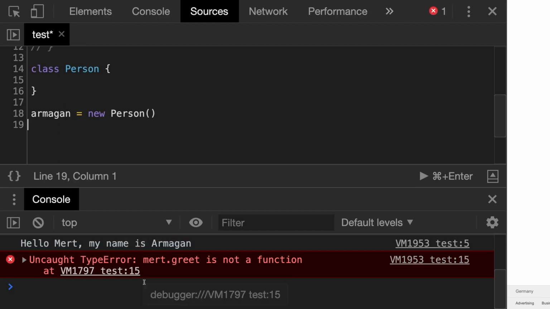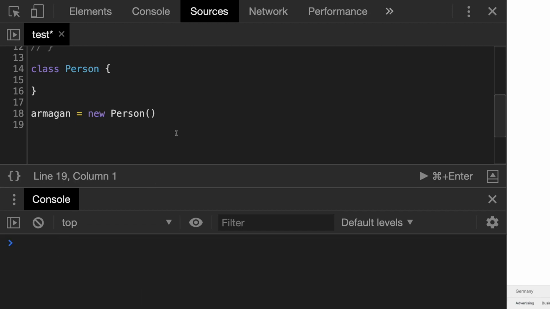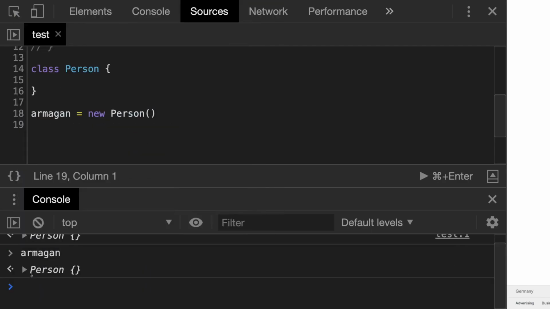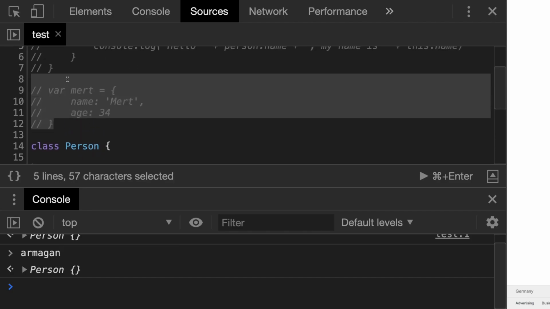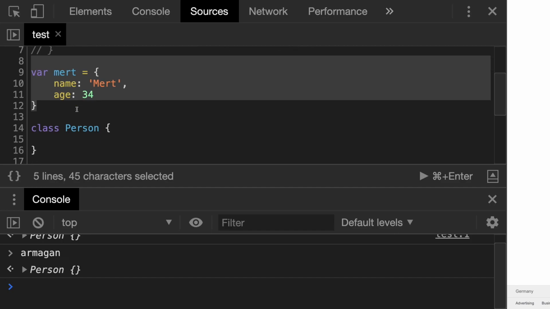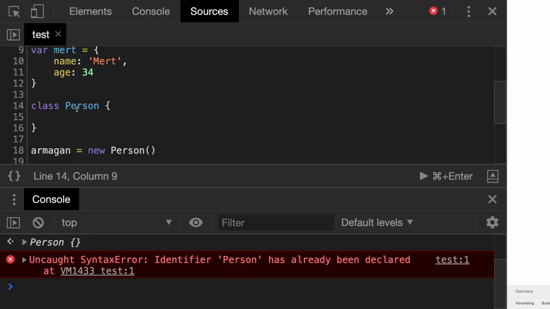Let me clear the console and run this. Class person, Arman equals new person. If you log Arman, right now you're going to see person. The console now types person. If, let's say, I comment in Mert and run this code,